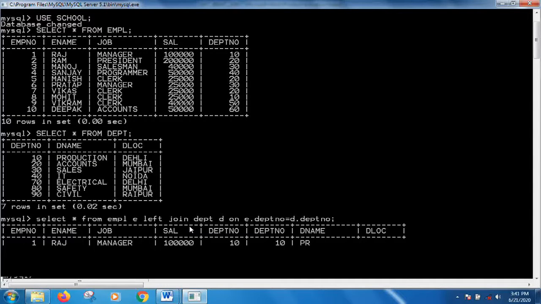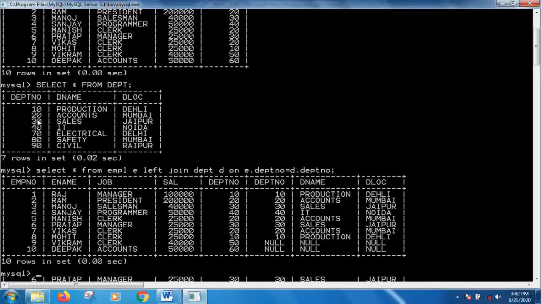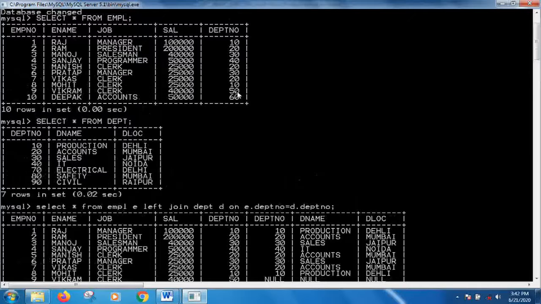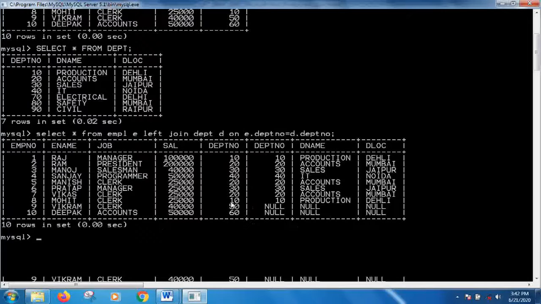See what happened: all the records from table 1 have appeared. For those, the matching records are there in table 2, the department table. See, 10, 20, 30, 40, we have the matching. For department numbers 50 and 60 we do not have matching records in the department table, so we are getting null values on the right hand side table. This is known as your left join.